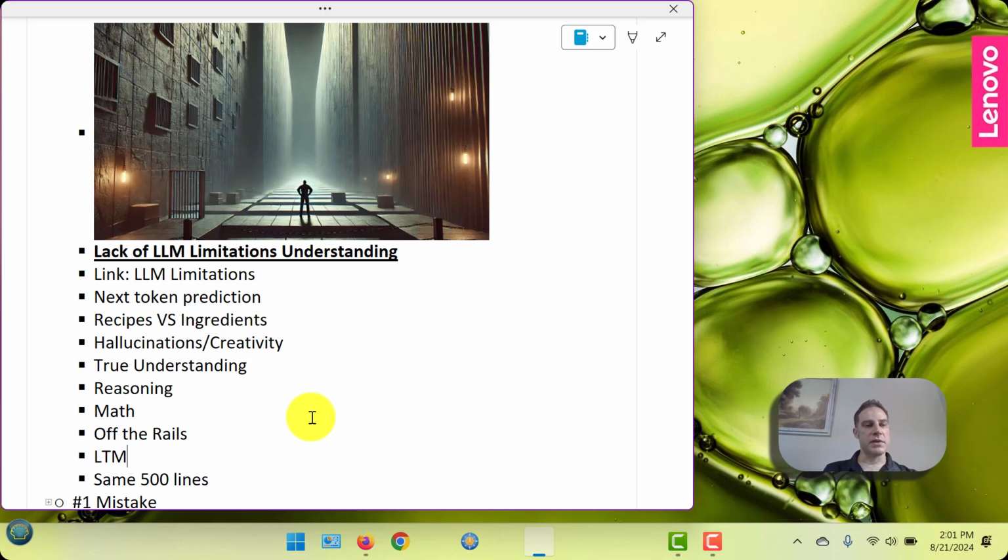So another really important distinction is thinking about what LLMs can create. They can create new recipes, but they can't create new ingredients. This is a really tough distinction to make because there's a little bit of a discussion out there: can they make new things? Can they come up with new laws of physics? And the answer is that if it requires recombining some of the pieces that we've already fed into it in new ways, which is new recipes, then yes, it can come up with things. But if it needs to come up with a new ingredient to make a recipe work, then the answer is generally going to be no.